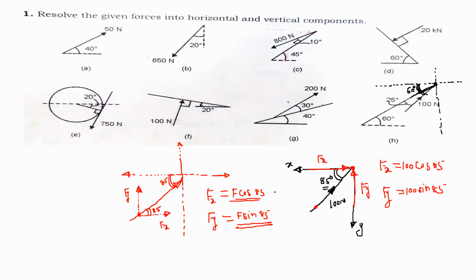So this is the direction of the x component, and this is the direction of the y component. I hope this last problem is clear, how to resolve the force at different locations. You can resolve the force along the line of action anywhere, still the effect will be the same. So what matters when you resolve the force? First is the direction, and second is the magnitude. When you resolve the force, you have to observe the angle theta, whether it is given with respect to the x-axis or y-axis.